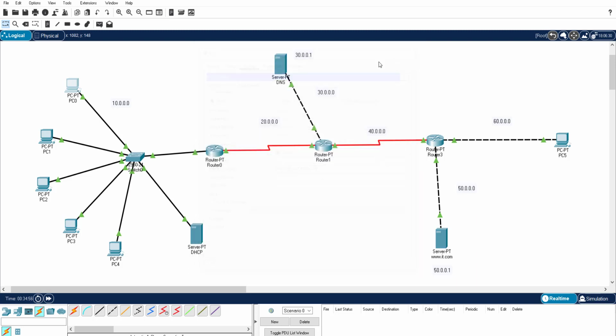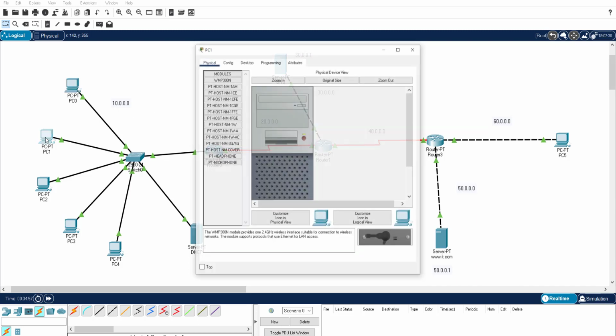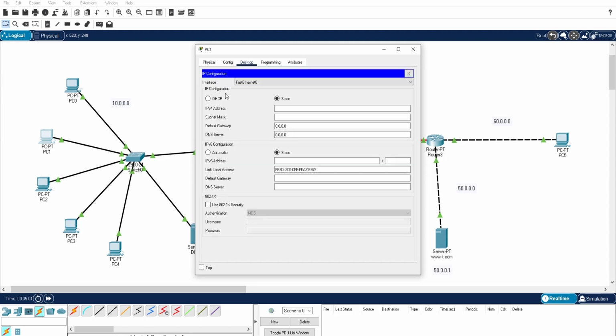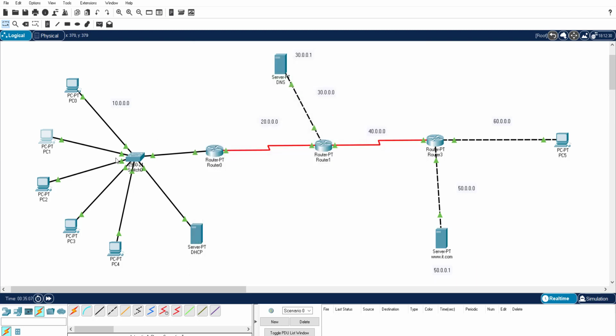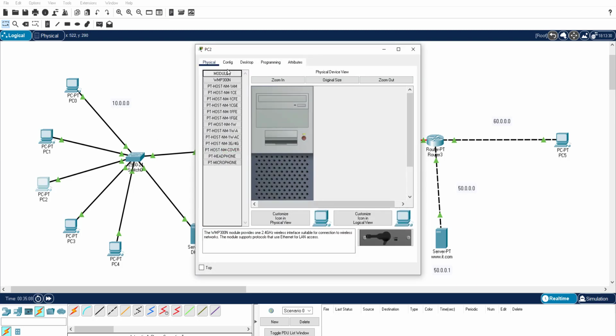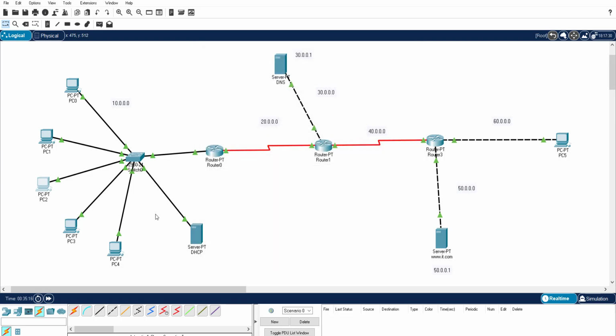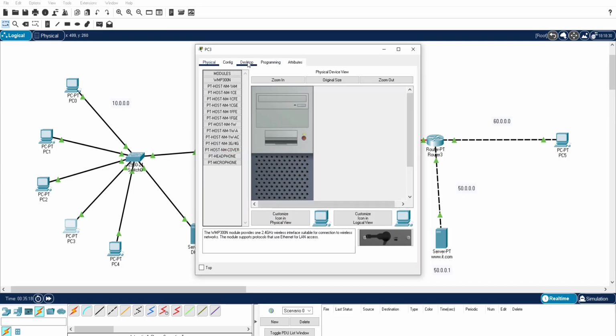The same thing I'm going to repeat for all the other devices. Go to Desktop, and here I select DHCP. Automatically the next IP address is assigned. You can repeat the same thing for all the devices.